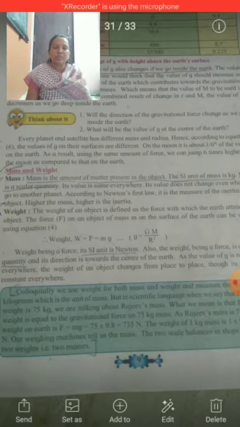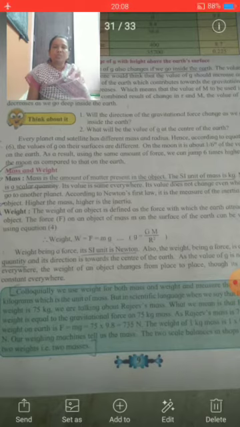What do you observe? When we release the stone from our hands, it will go towards the Earth. It means the gravitational force of the Earth acted on the stone. Now the muscular force is released and only gravitational force is acting on the object, and therefore it comes towards the ground.